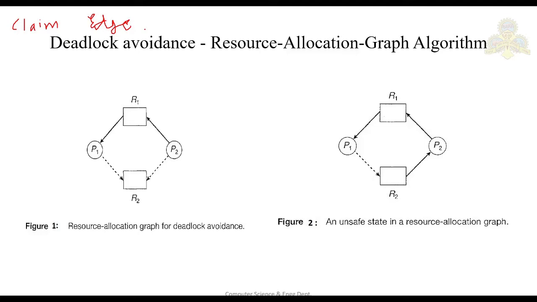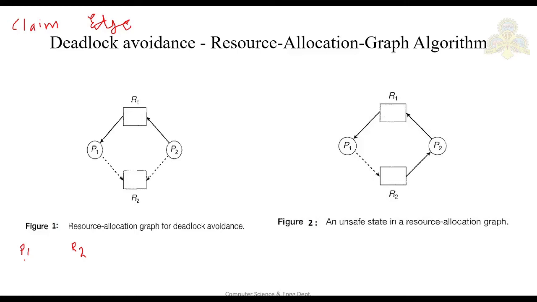So now what is a claim edge? Whenever a process thinks that it might need a resource in the future, at that time we use a claim edge from the process to the resource. Say for example, I'll draw here. We have a process P1 and there is a resource R2. I'll not denote it with a circle and the rectangle, it is assumed. Suppose your process P1 is there in the system and there is a resource R2, only a single instance of that resource R2 is present in the system.